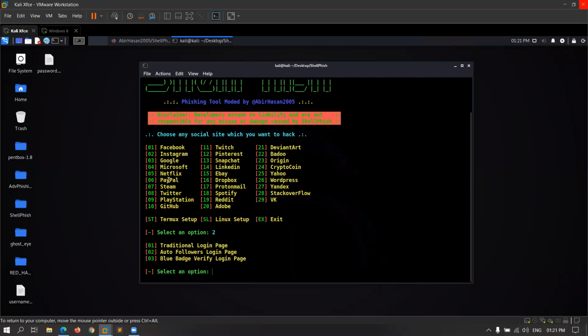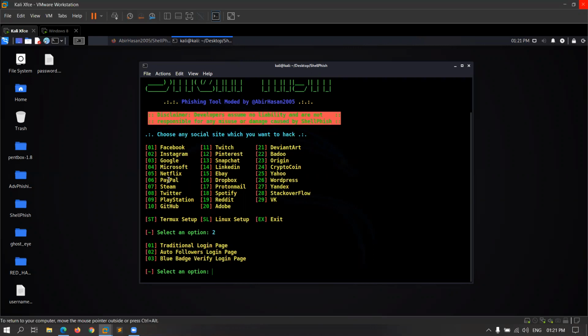And the third is the blue badge verify login page. You can see lots of celebrities have a blue badge, also called a blue tick, on their Instagram profile. So you can convince a person that I can give you a blue badge on your Instagram page. This is the way you can convince a person to put in their credential, and you can hack them.